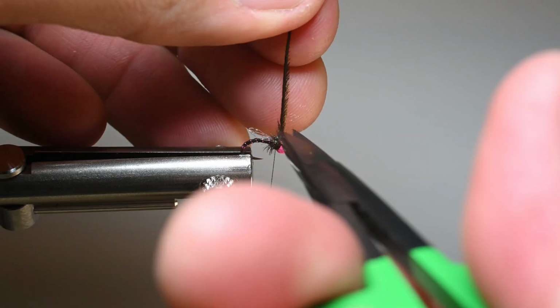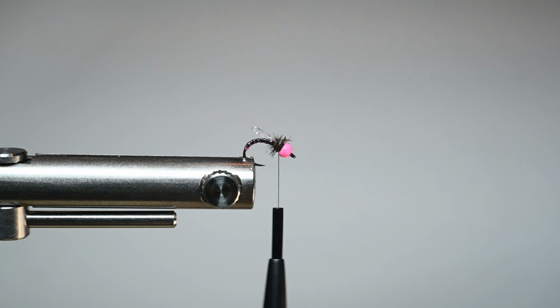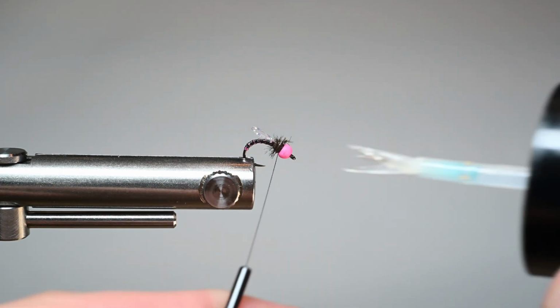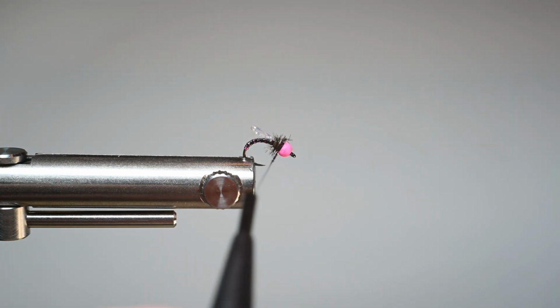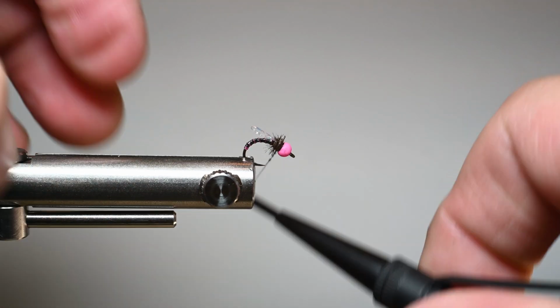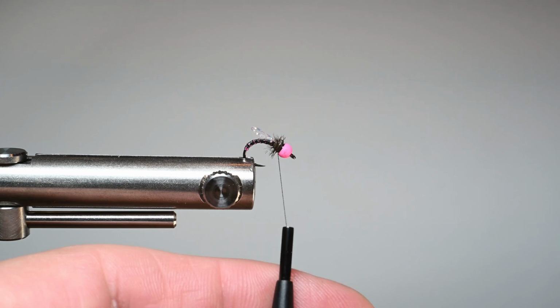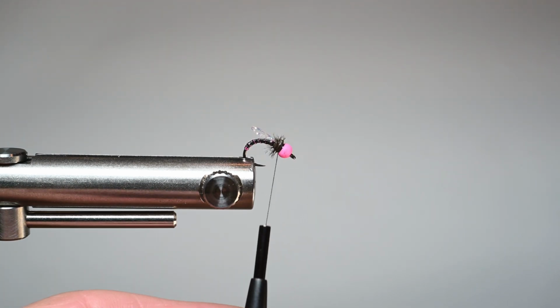And then the last step to make this super durable is I'm going to rub a little bit of resin on my thread and then do some thread wraps before I whip finish. That way it's just making that resin soak in, grab that Peacock, grab everything, and it's just going to create a really nice solid fly. And that way we can cure it. We're done. We don't have to worry about head cement drying, and we'll just do a 3-turn whip finish while